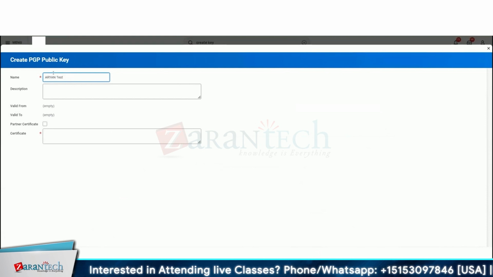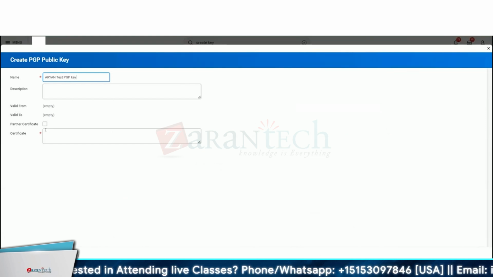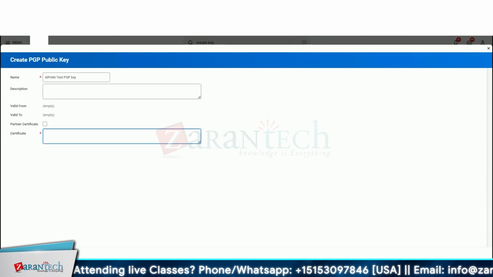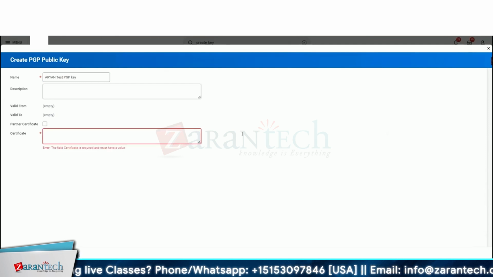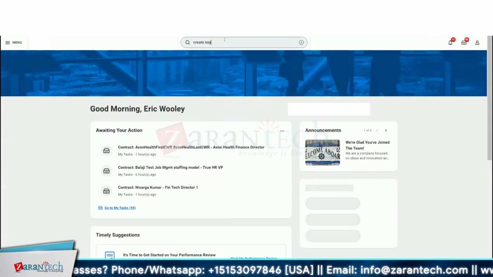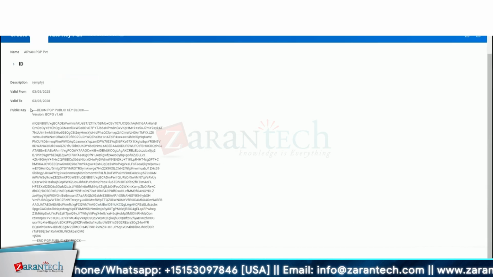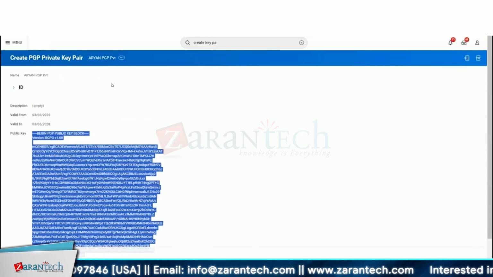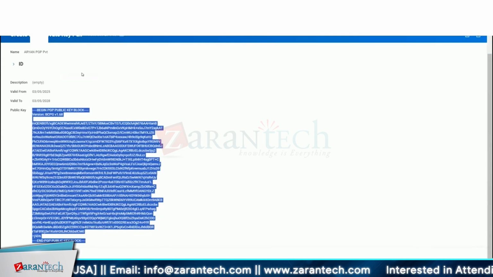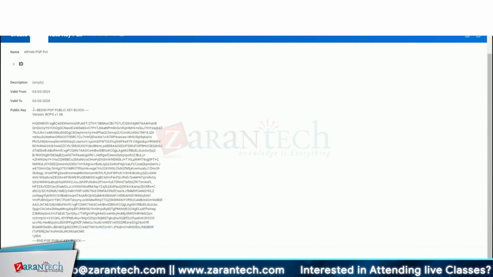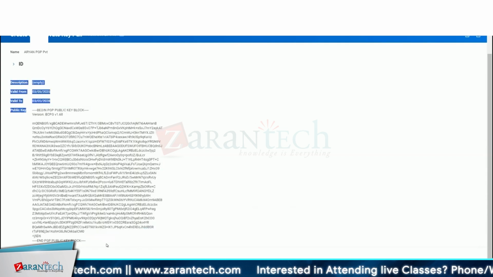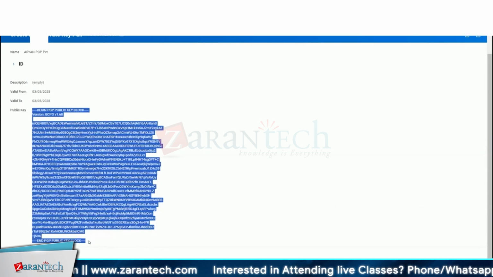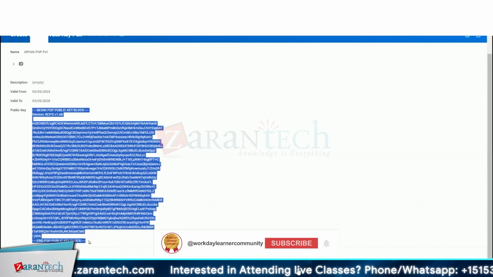How we use it and how we configure this, we will be seeing at a later stage. Then certificate information is the public key. The public key is something that would be provided by the vendor here. So this is how we generate a PGP key to be used. We use the PGP private key pair, and this will hold a private key inside Workday, and the public key would be displayed. This public key you can share with the vendor